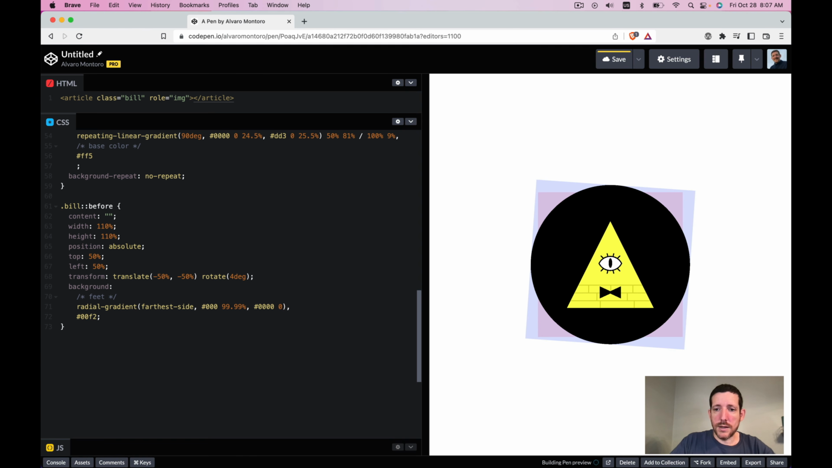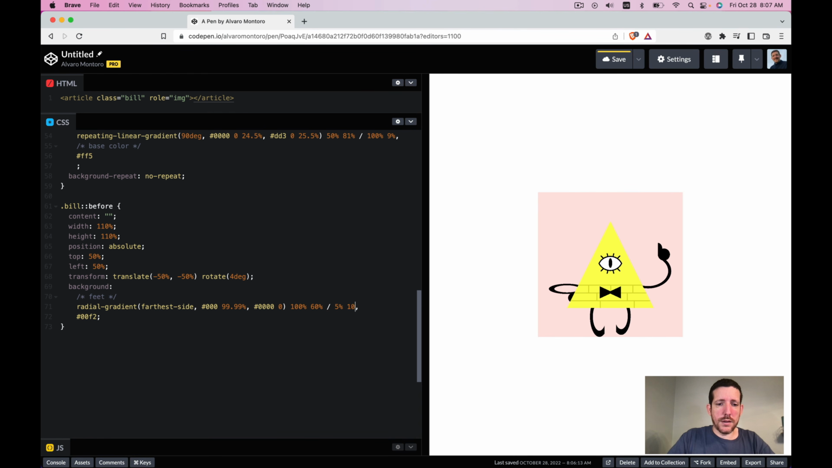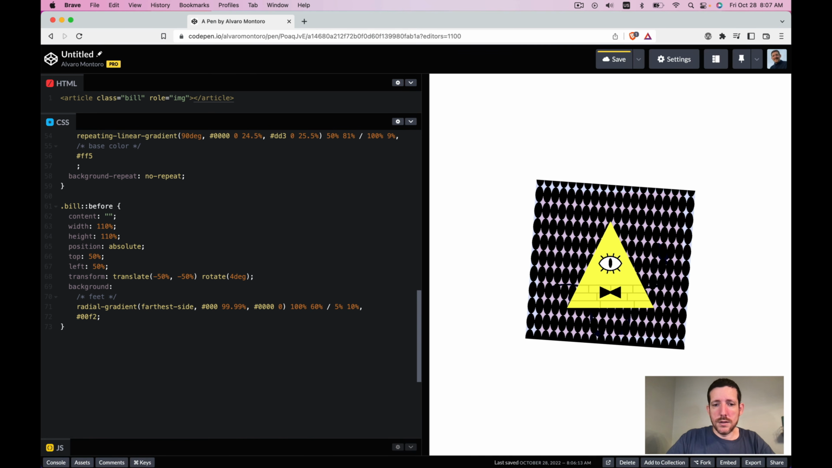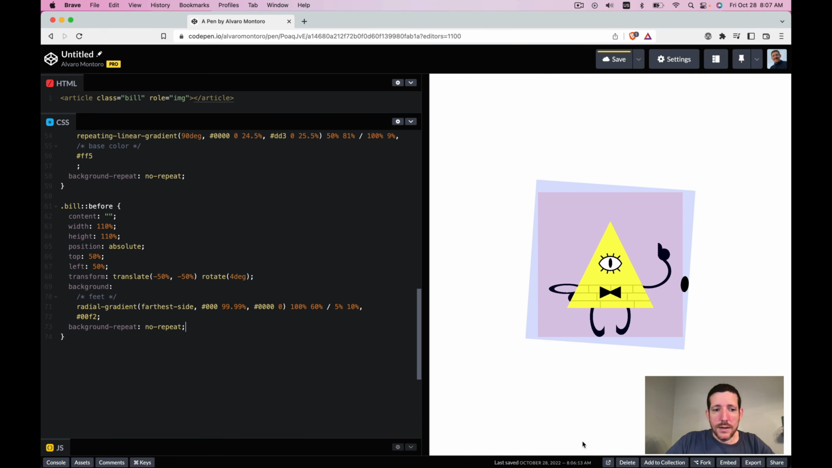Let's see. So we have that. So they're going to be at the bottom. So the leg was 60%, was it? And then 5% width, 10% height. Let's see how that looks. And I forgot, you see the background repeat none? That's why I added it, to avoid this type of thing. So I made a mistake. It's 60